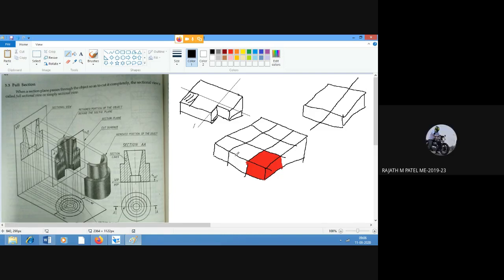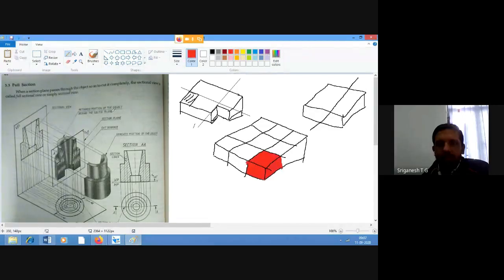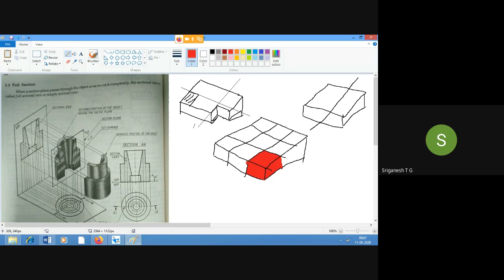Okay. So now let's go on to the explanation. Just look at this figure. There is a solid which is cylindrical in shape. On top, it has a smaller diameter with some thickness. And at the bottom, as it goes below, there's a slightly larger diameter.